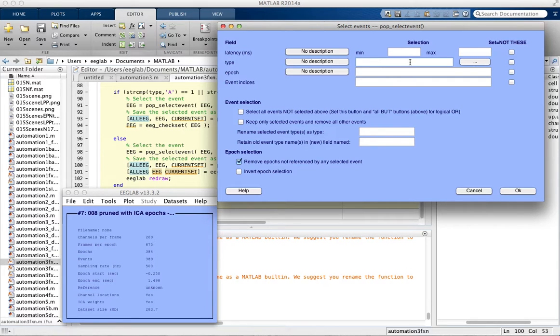So let's say I wanted to keep only the event type A files. I would need to type all of the other ones and then set "not these." So the stimuli that are left are AF, AI, N, NF, J, JF, and F and FF. So this is a list of all the stimuli types except for the one I want to keep, which is just A, and then I'm going to set "not these." Click OK,